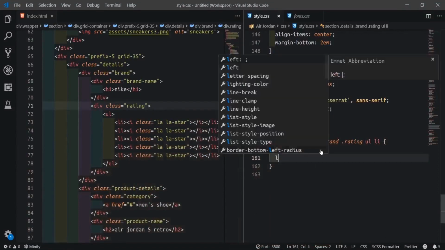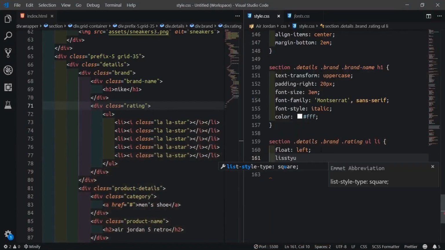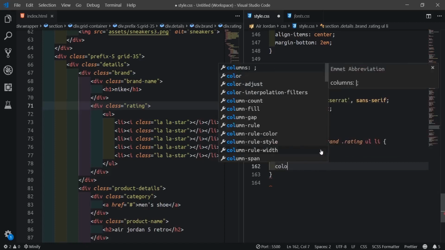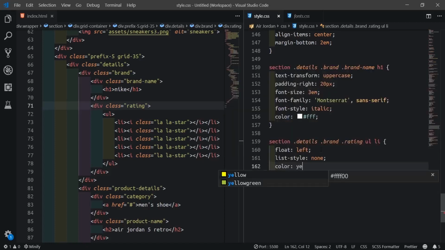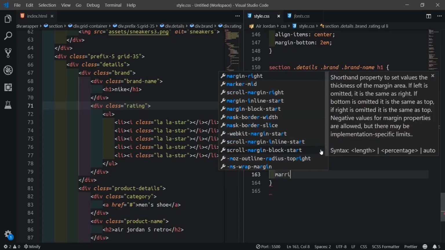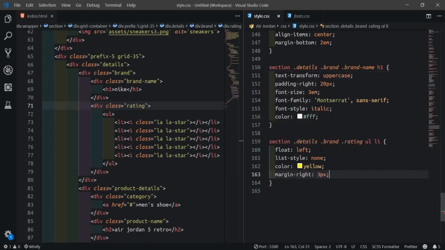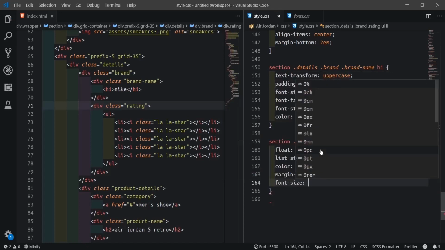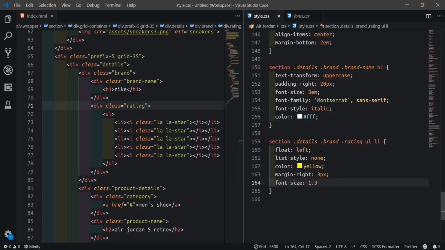Then we'll make the list style be none, so remove that bullet already there. Then we'll give the color: make the color be yellow and margin right to be like 3 pixel. Then font size to be 1.3em.